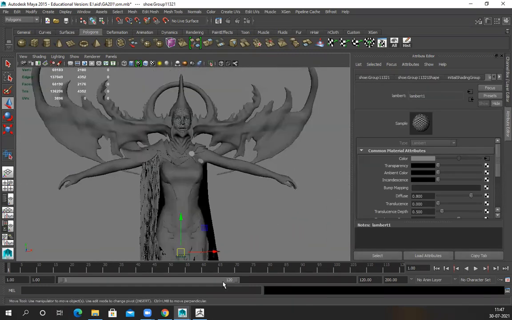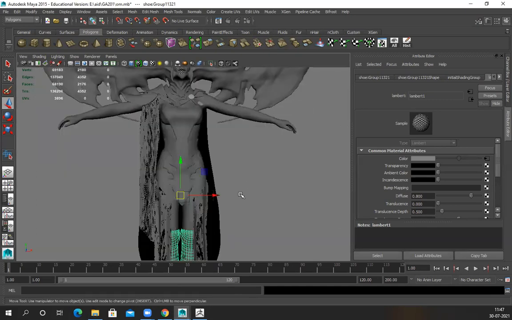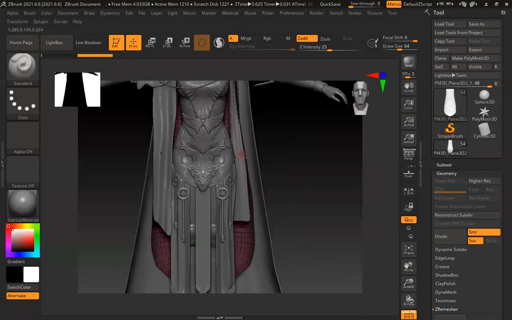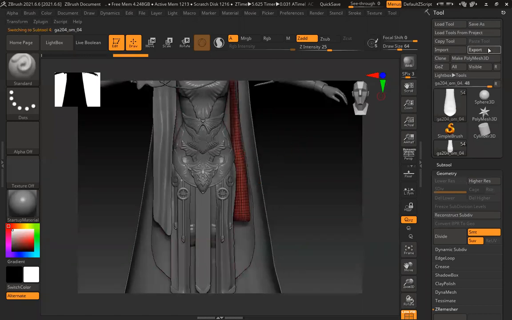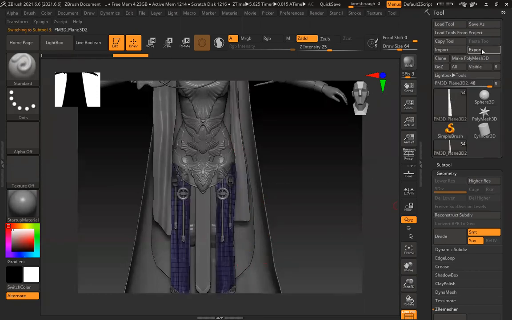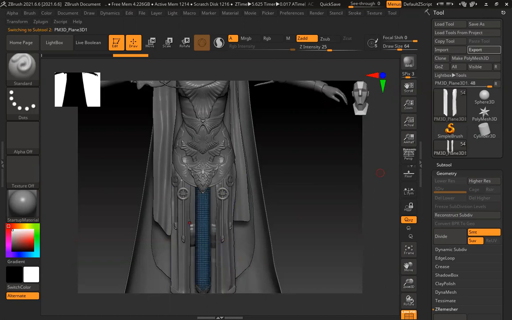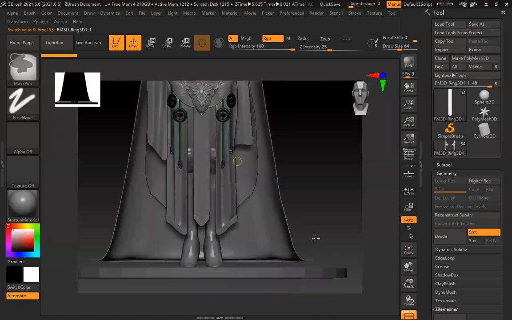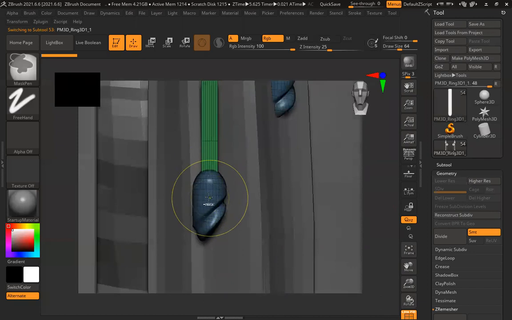So the thing I imported, I was importing the body and those things. Here also you can see it's pretty dense.